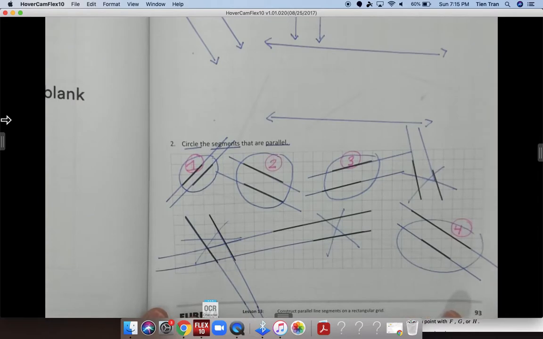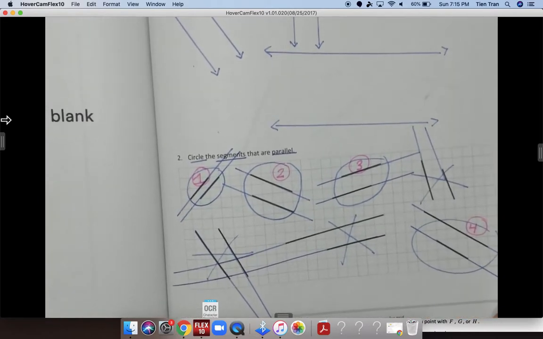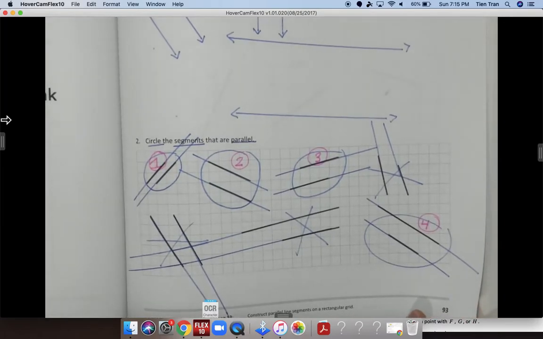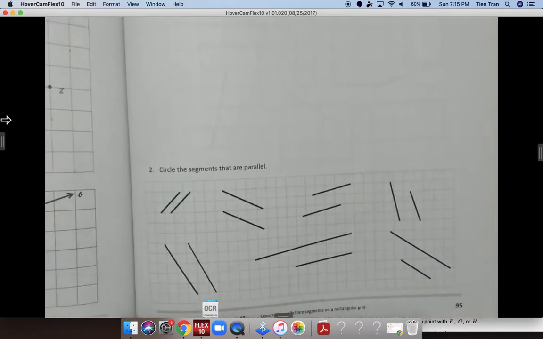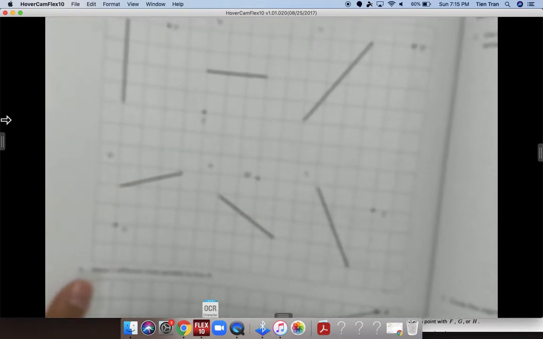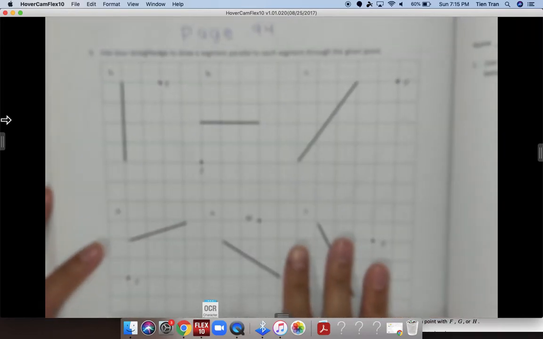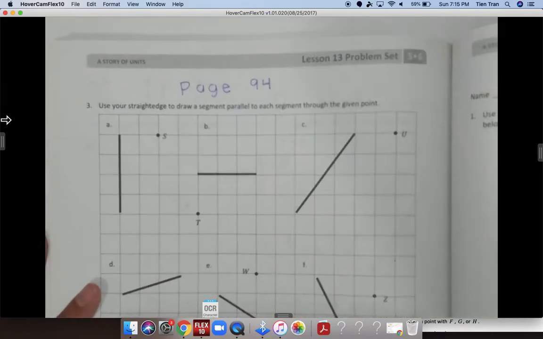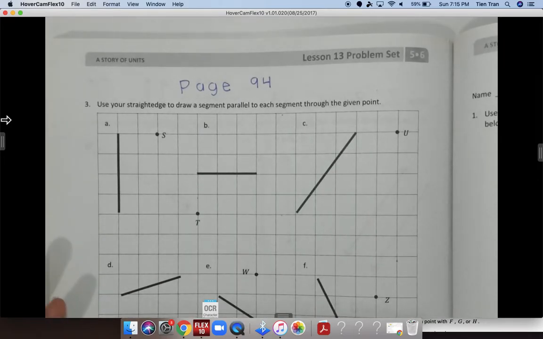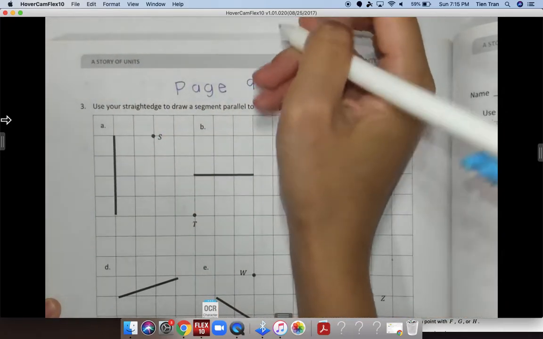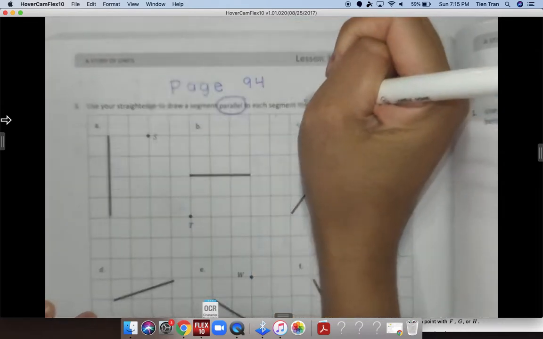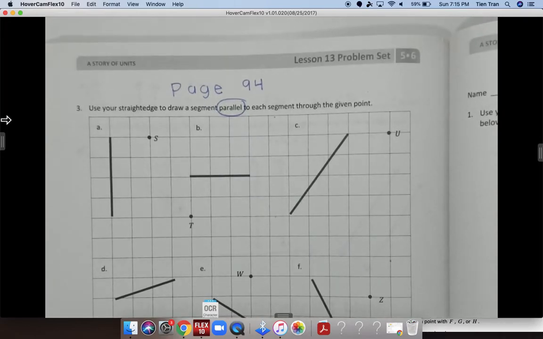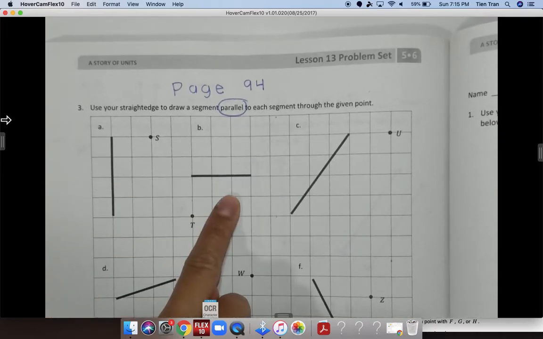Okay, so I'm going to turn the page, and the next page is page 94, problem set. This lesson is pretty short, so I want to make sure we practice a little bit longer. Okay, so this is page 94. Let's give it a moment to zoom in, and there we go. Page 94, it says use your straight edge to draw a segment parallel to each segment through the given point. So in this case, they want you to draw a parallel line next to the ones that are already given